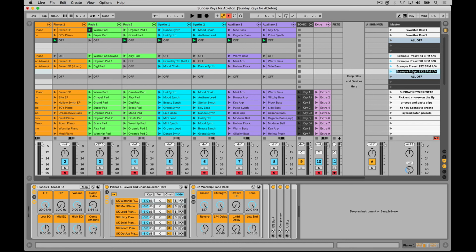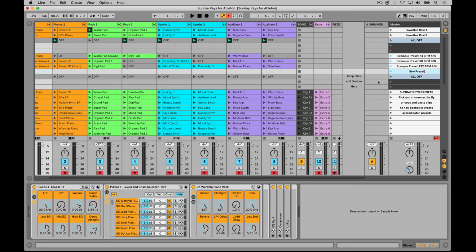So I'm going to hit Command R on my computer to rename. The Windows shortcut's very similar. And I'm just going to name this new preset. And if you don't designate a BPM and/or a time signature, then it's just going to stick with whatever your Ableton project is currently running at. So if I didn't type a BPM or a time signature in here, then we would stay at 90 BPM